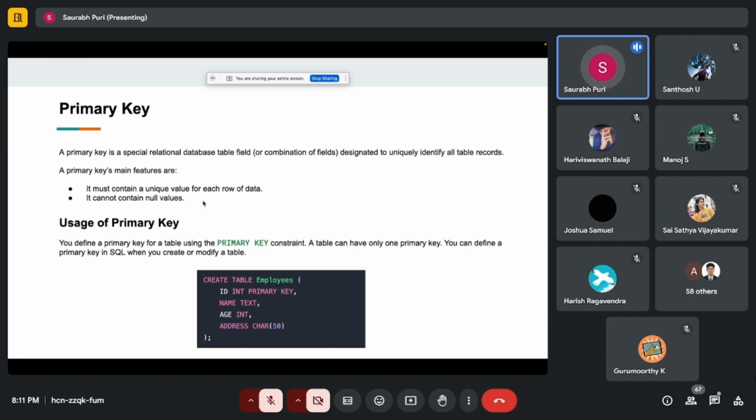Now let's know about what a primary key is. A primary key is a special relational database field that uniquely identifies a table record. It has two main features. It must contain a unique value for each row of data. When you specify a primary key, it will always be unique. Just remember that, because it ensures that no two records are the same. That is why it is known as the primary key: it is your primary go-to attribute to uniquely identify a